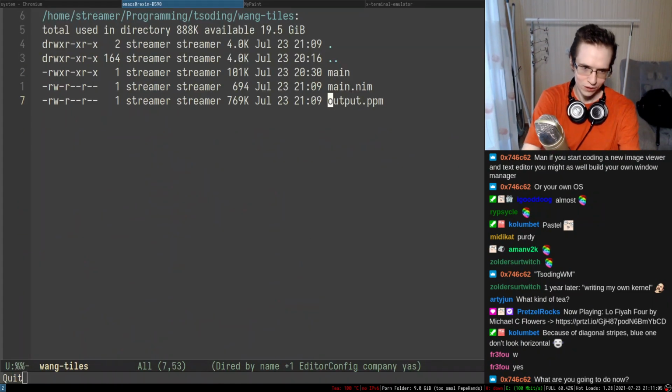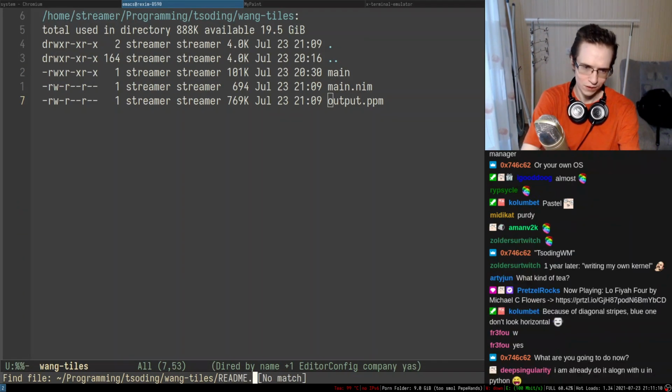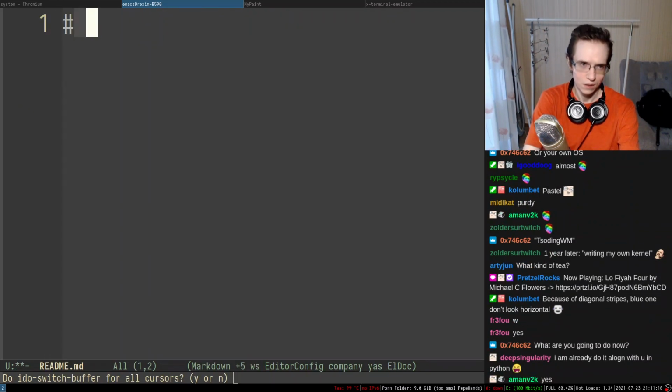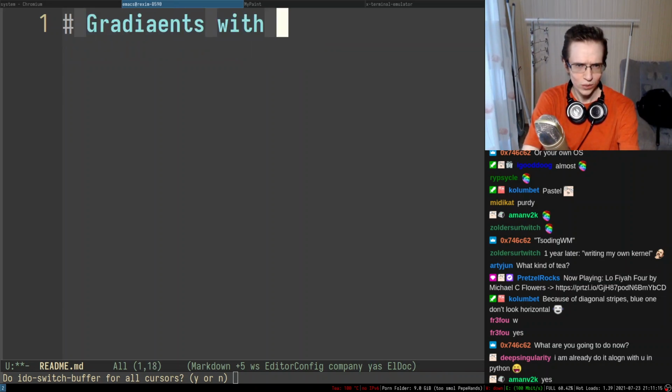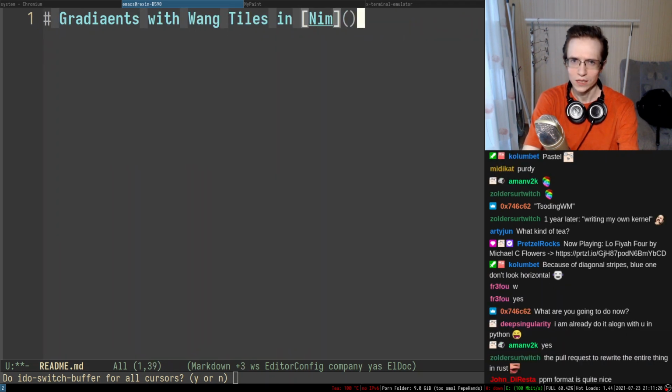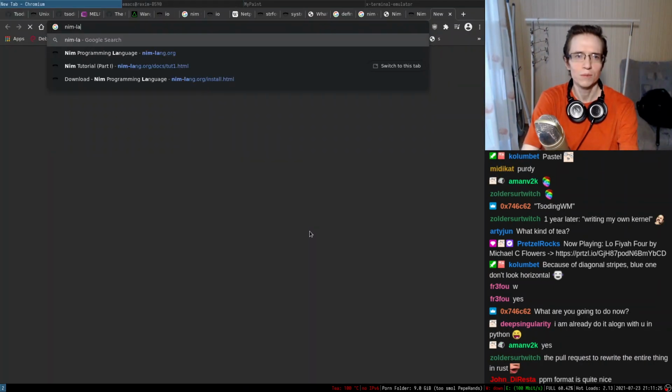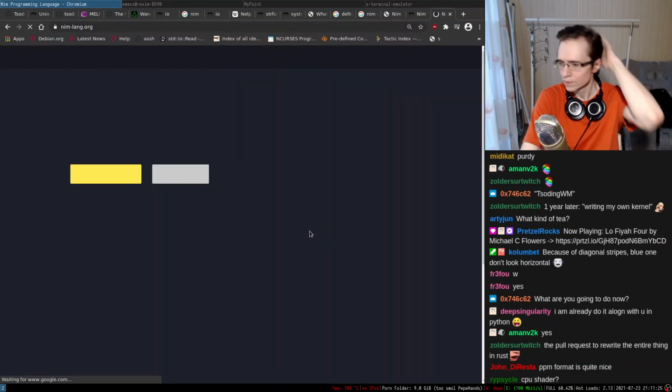Right, so let's create a README.md. Okay, Wang, so gradients with Wang tiles in Nim, right? And we can point to the Nim programming language.